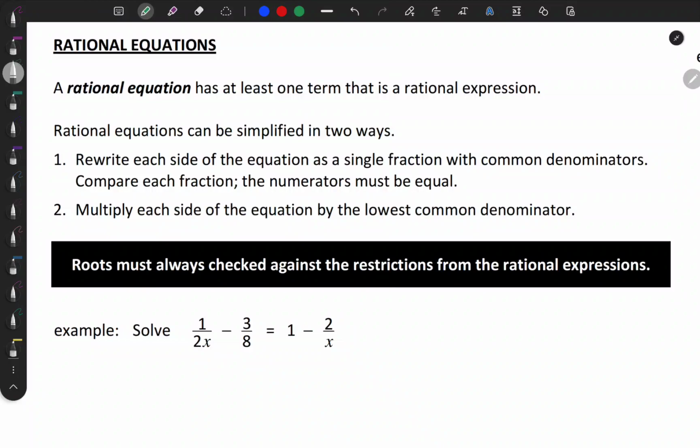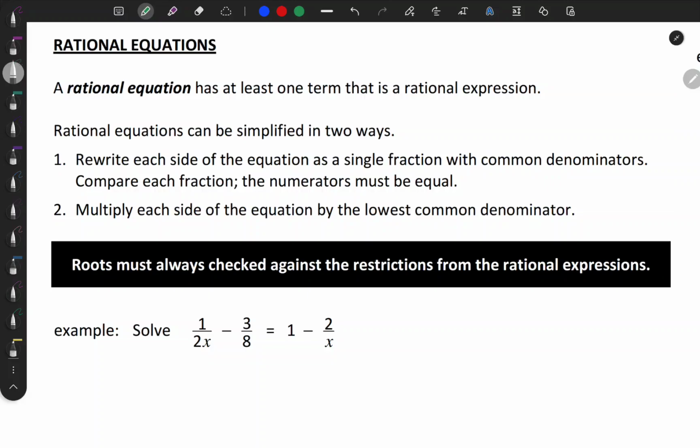Today we'll be looking at how to solve rational equations. A rational equation is an equation that has at least one rational expression, that is, a fraction with some kind of variable. There are two ways of solving rational equations, and we're going to look at the method that's a little bit easier. The first method is to rewrite the equation to have a single fraction on each side of